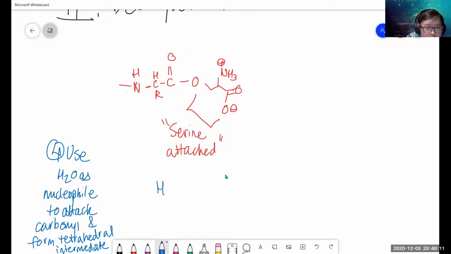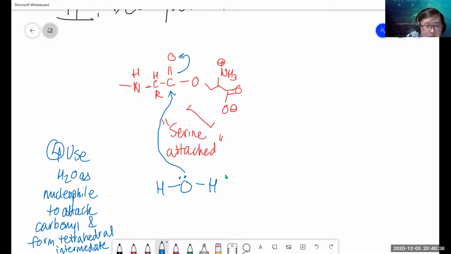So what you're going to do is use water as a nucleophile. I'm just going to draw all the bonds right here. So water is going to come in here, going to kick here up, and it's just like an orgo 2 mechanism. This is going to be like the nucleophile. I'm going to erase this a little just to not get confused. Okay, and then once you have that,